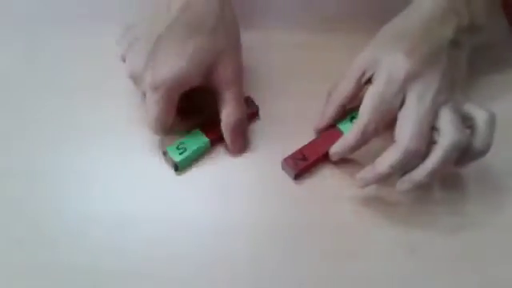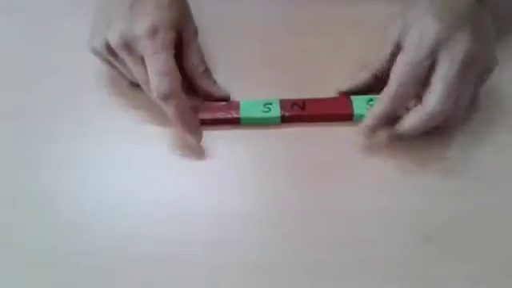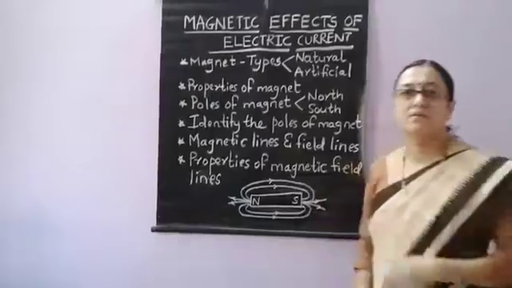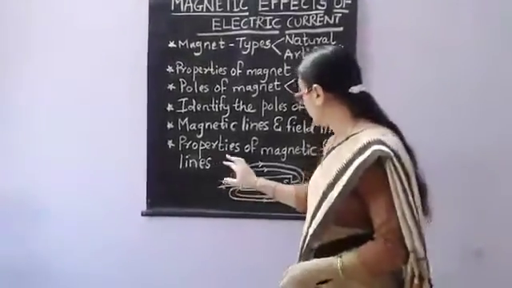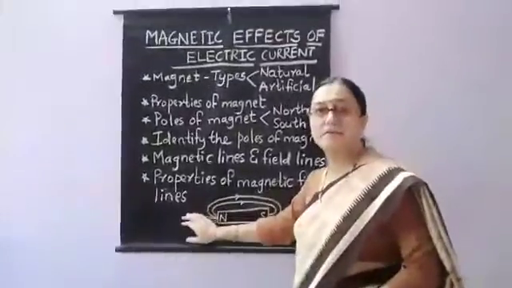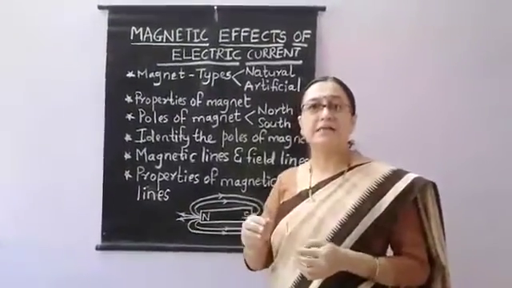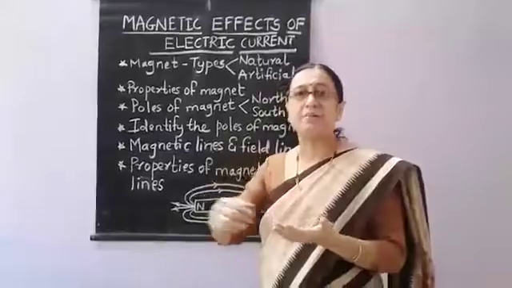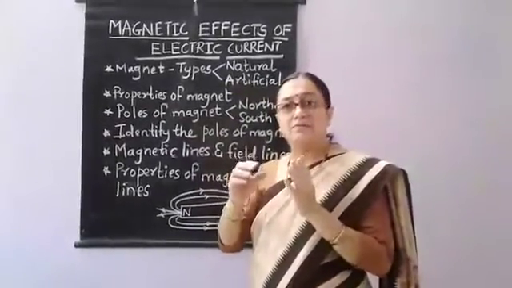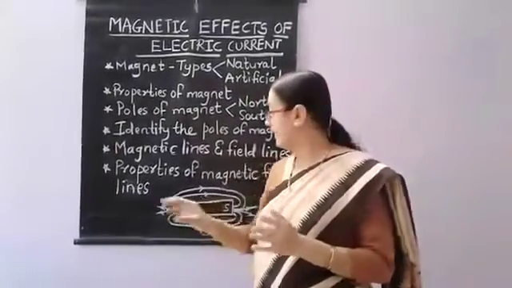When we bring two north poles together, they repel each other. Yes, when we bring the opposite poles of the magnet together, then they attract each other. Now let us see what the properties of these magnetic field lines are. Magnetic field lines are the lines which we can see around the magnet, which show the presence of a magnetic field